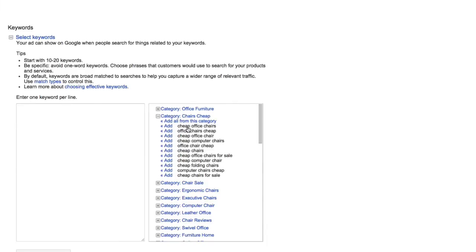If you're not sure if it's cheap, the best way to figure that out is to Google office chairs and take a look at what the competitors are offering, and you'll see some of the lower office chairs are $30, $40 a chair, things like that. And we really want to stay away from those searches. And in fact, cheap is going to be a great negative keyword idea, because we're not going to only be advertising